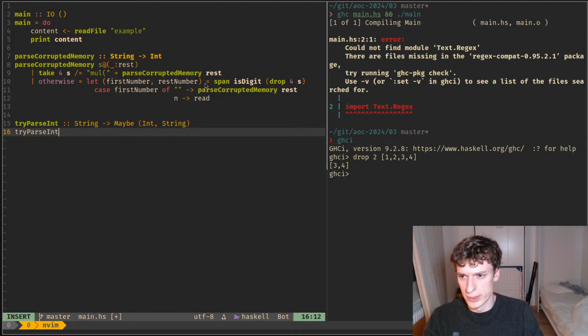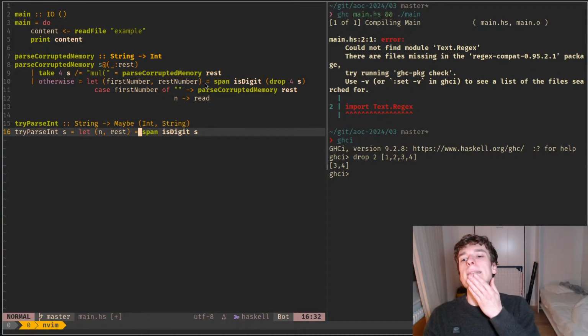So tryParseInt will take a string and it will do the span isDigit of s. And what we want to do is n, rest, like so, is equal to this, and